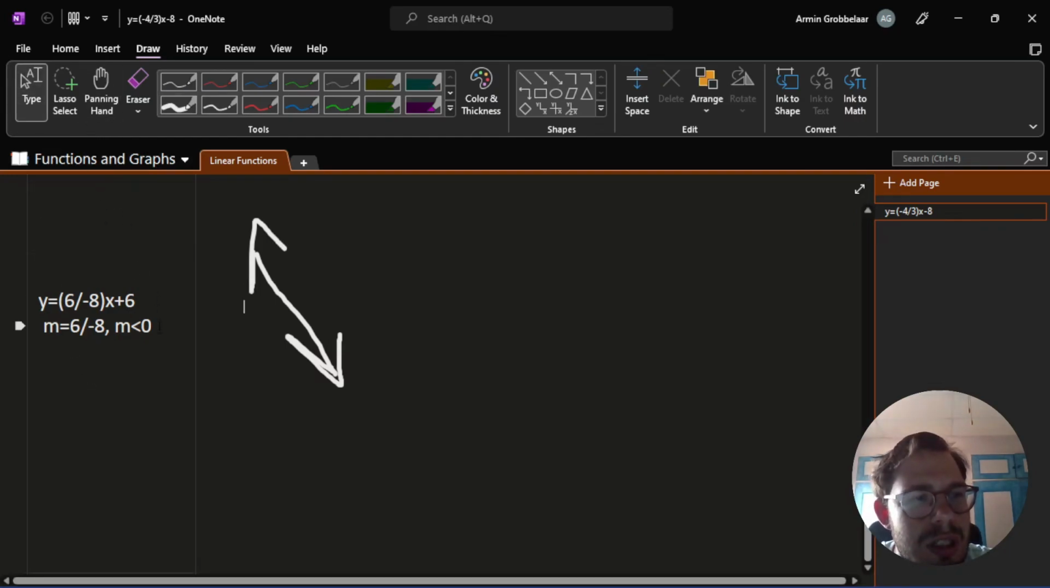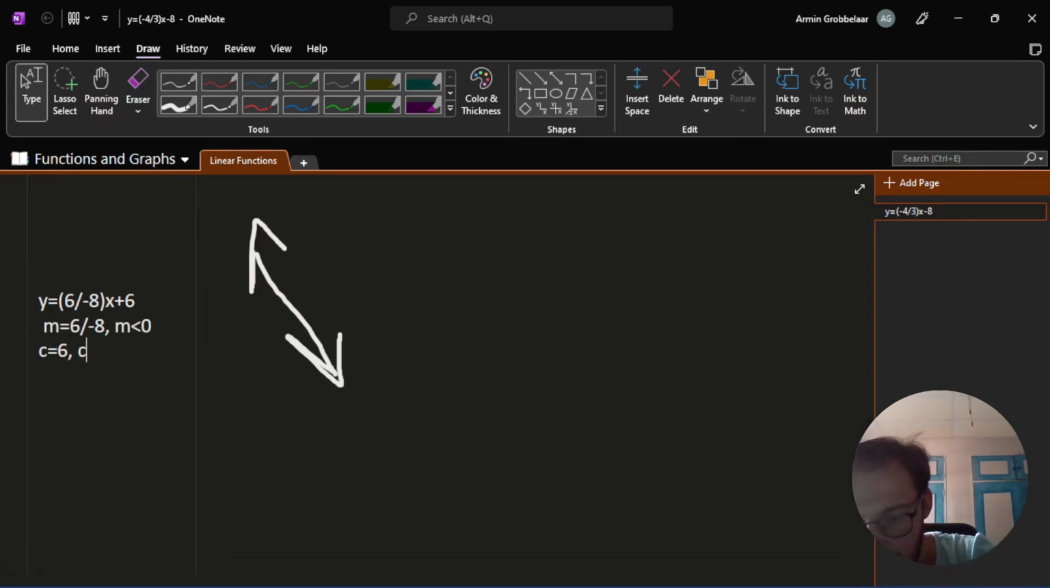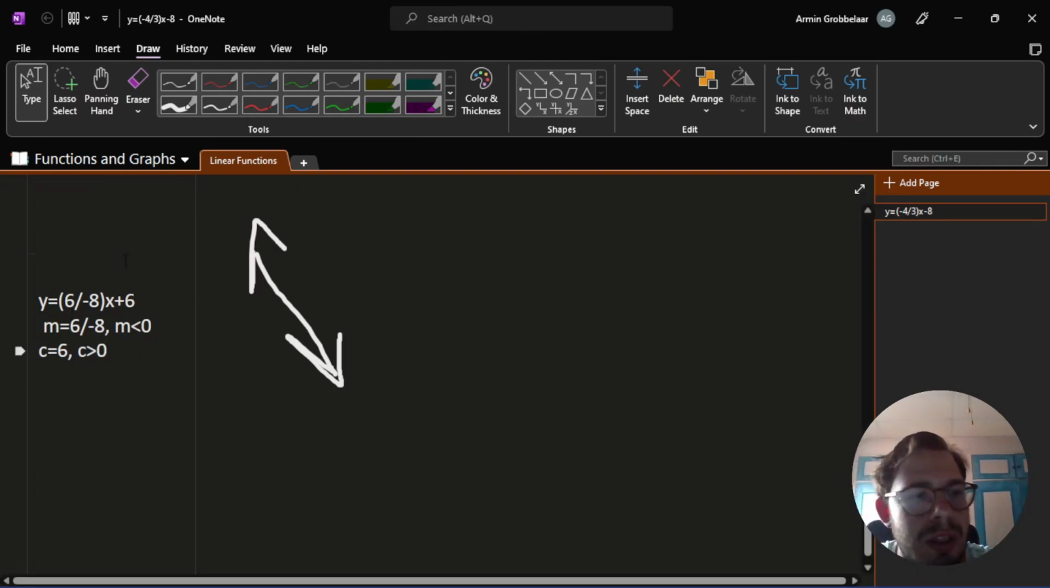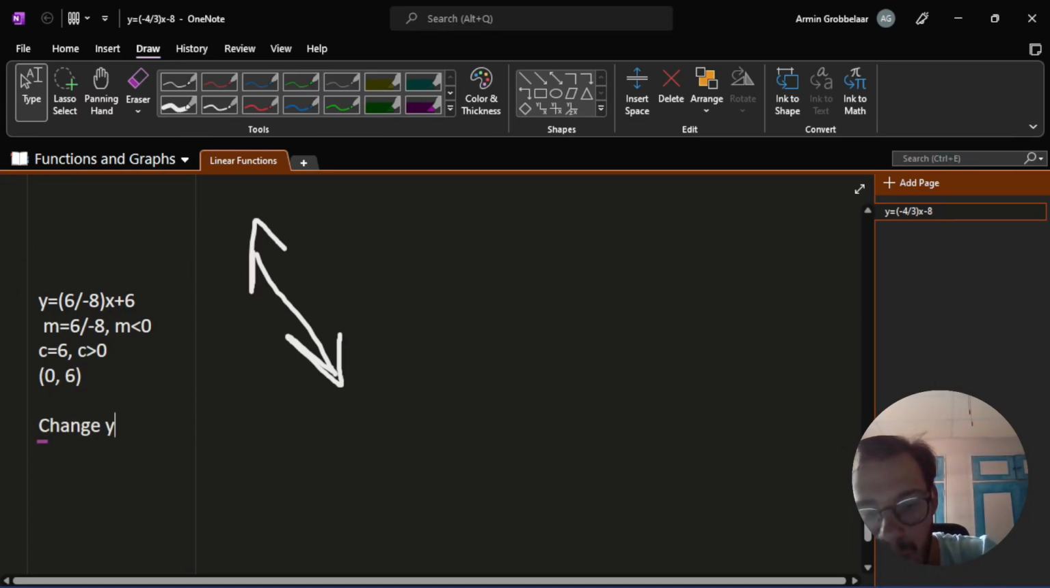And then you can also see c is positive, so c is equal to 6, c greater than 0, so we know that this linear function will cut the y-axis where y is positive. So we need 1 point, so the easiest one is (0, c), because that will always be on the linear function. Now we take m, that we also need,